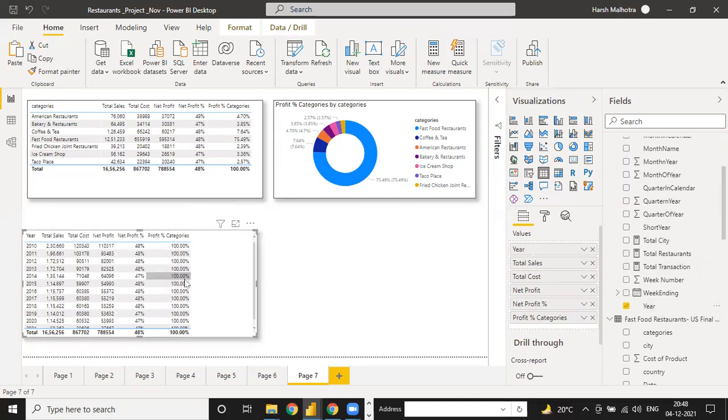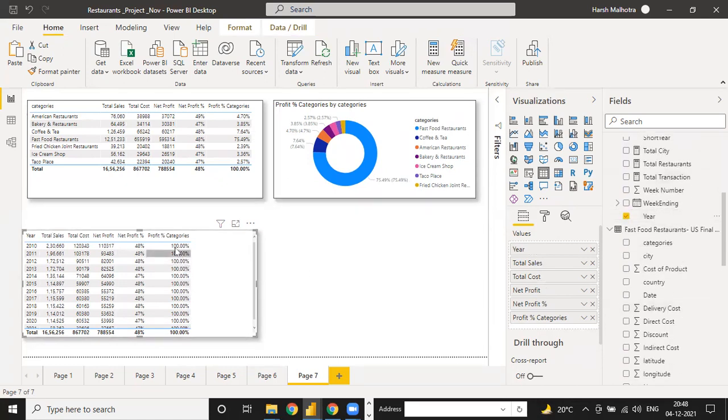Now it is showing 100 for all lines, because it is not correct. It is not correct for dates; it is correct only for category wise.